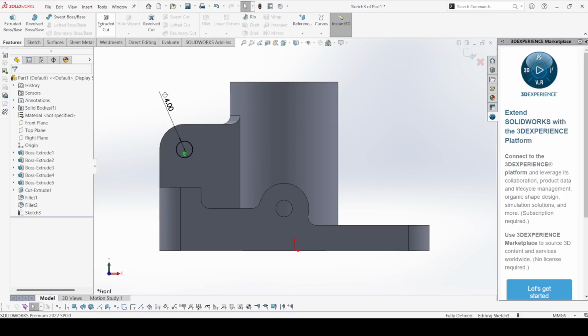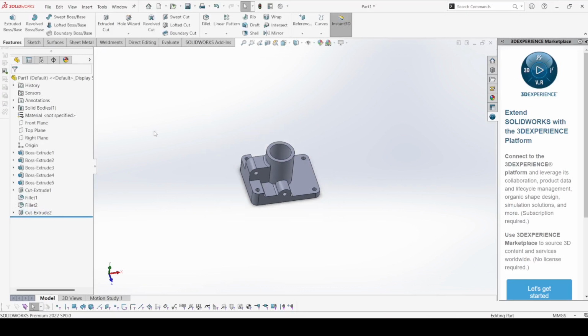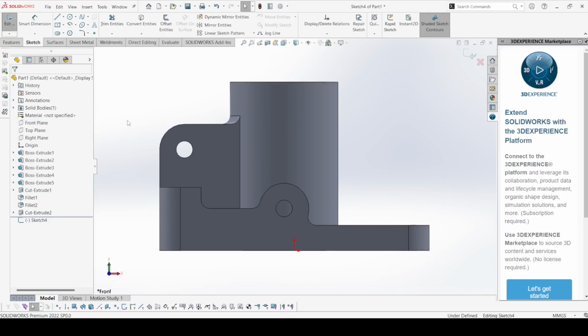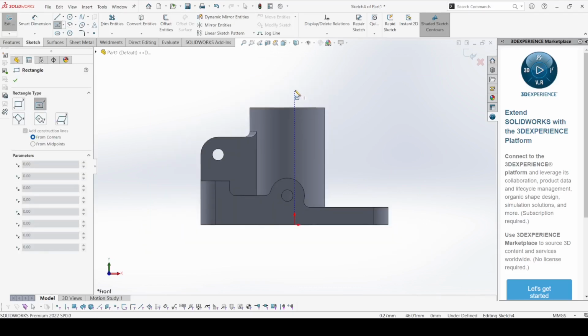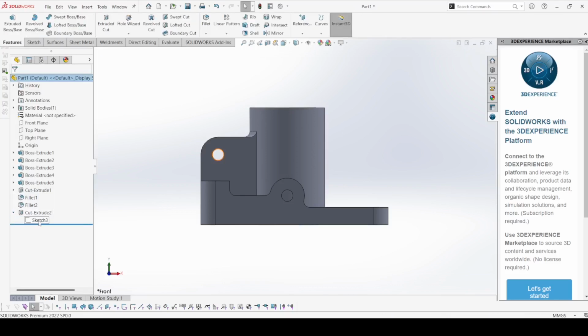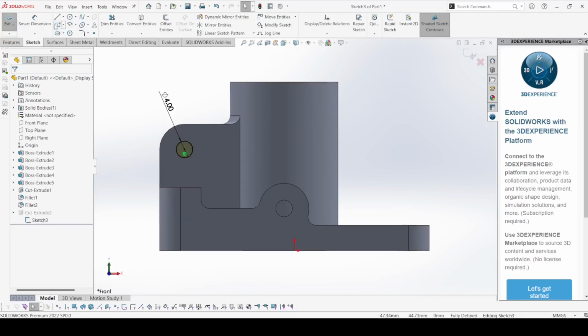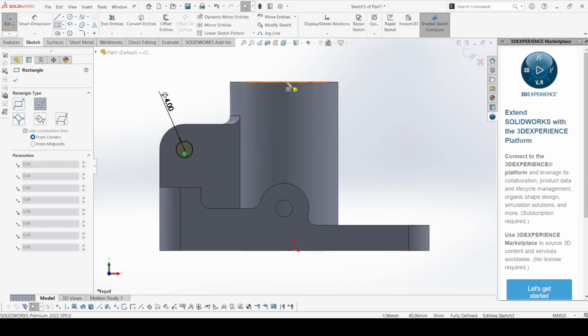Apply okay. Go to feature and select extruded cut, and here apply through wall both. Right. Now again select the front plane and go to sketch and select one rectangle. You can add the previous sketch, right? So let's do this both in same, right? Select edit this sketch and here select the center rectangle